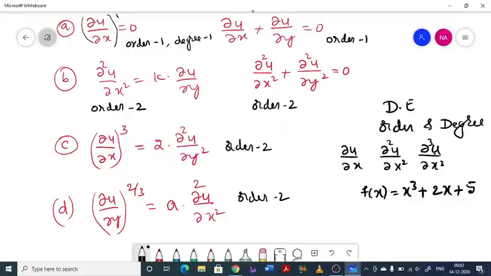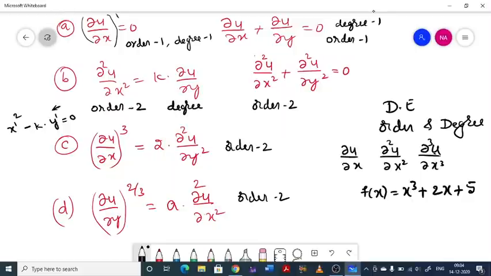∂u/∂x whole power 1, ∂u/∂y whole power n. So degree of this equation is also 1. You can write this as ∂²u/∂x² ... let us take this as x dash, x dash whole square minus k into another term y dash equal to 0. So the degree of this equation is the highest degree of any term in the equation that you have to take. So 2. So degree of this is 2.